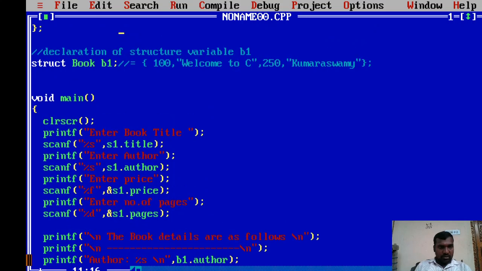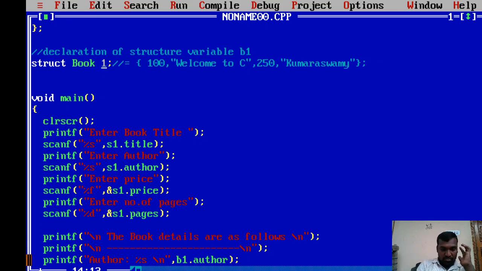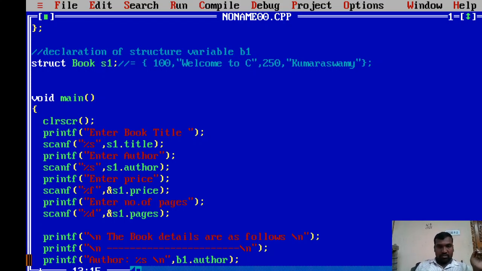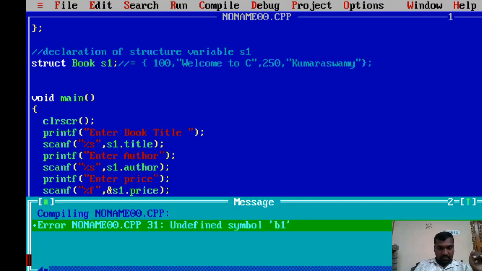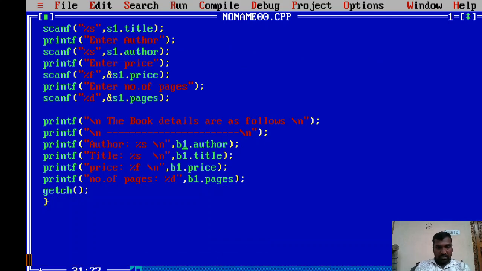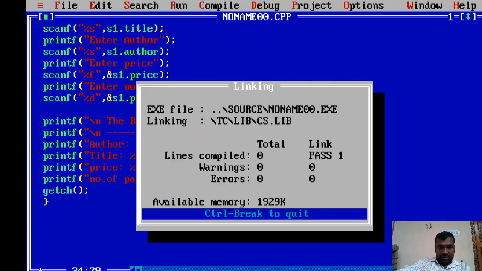Because here I had written b1. As I altered the variable declaration from b1 to s1, I need to change it everywhere, including in the comment lines. And I'm trying to execute.